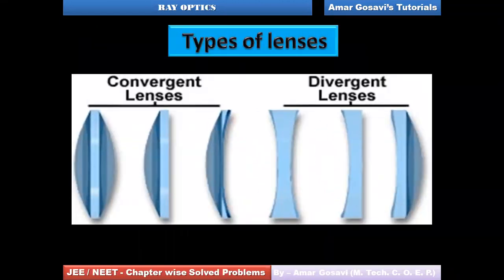So basically, you can just classify the lenses into different types using this single slide. You can see all the three types for convergent lenses being shown in the slide, and on the right hand side, all the three types for the divergent lenses. So please make a note of it. These will serve as notes for you when you prepare for exams.